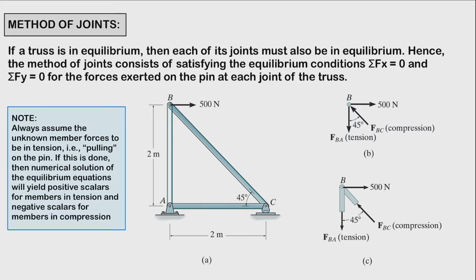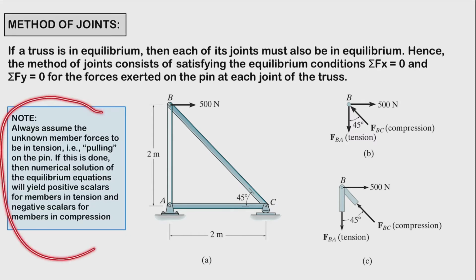Typically, we start the method of joints or the joint analysis by selecting a joint that has at least one known force and at most two unknown forces. In this way, the application of your summation of forces along the x-axis and the summation of forces along the y-axis yields two algebraic equations that can solve for the two unknowns. When applying these equations, the correct sense could either be assumed or investigated. For simplicity's sake and to avoid mistakes in solving,